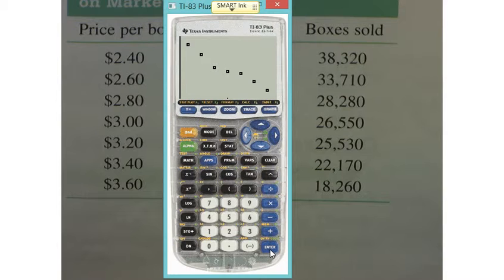And so how could I make those predictions? What would you do? Because the lowest price is $2.40 and the highest price is $3.60. And they want us to make some sort of number prediction. How would you do that? This is why I want you to have your calculators out, because I want to show you this. What we need to do is we need to graph a line that goes through the center of these points with some degree of accuracy,